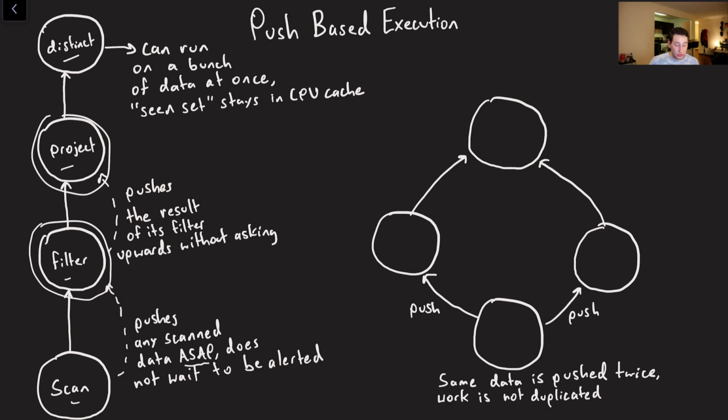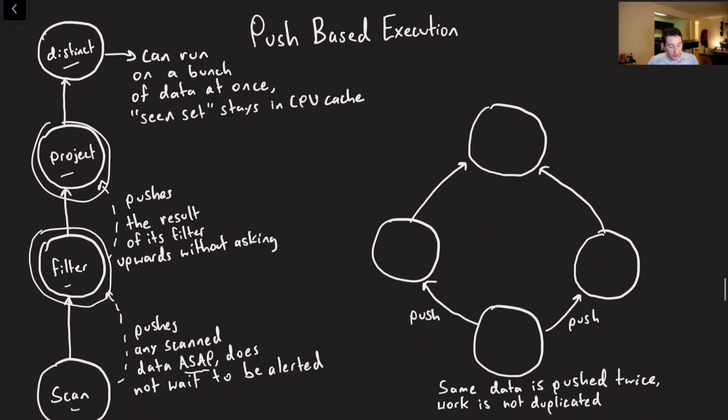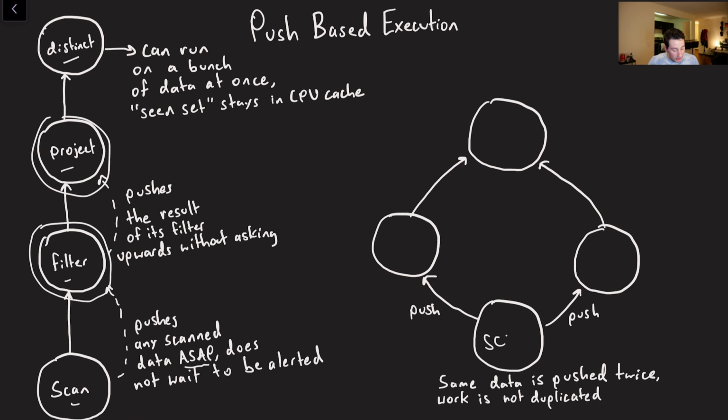Now, I think an interesting thing here is how it pertains to intermediate results. Because the same thing in this query plan over here, if I go over here and we represent it, so this is our scan, this is our project, this is our filter, and this is our join, this guy is going to start up and it's just going to say, oh, you know what, let me just go ahead and push the results. So you're only doing that work once, you're pushing it twice, and now your work is not going to be duplicated.